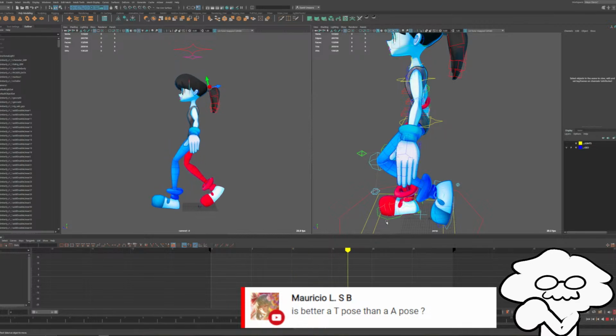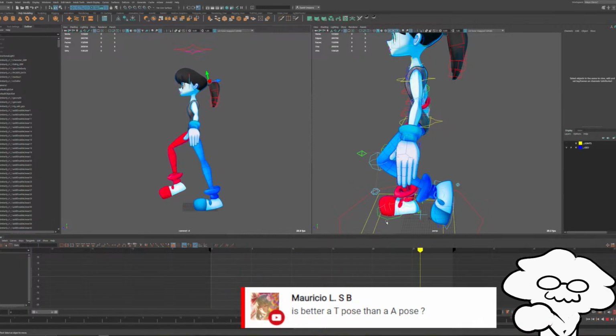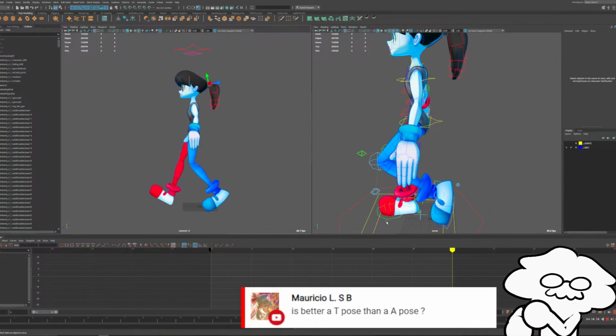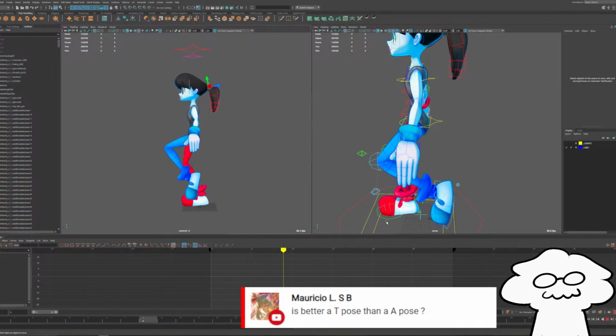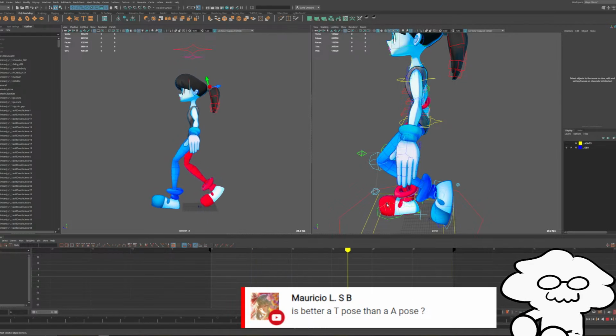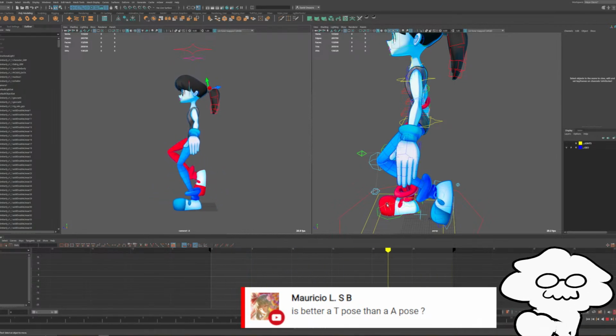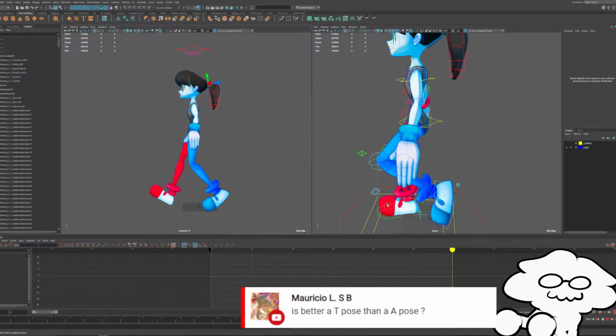If it's usually cartoony characters who raise their arms up a lot, when they're scared and stuff like that, you want it to be T posed because you don't want to stretch your armpit area too much. It can generally depend. I've done both in my time. On Nick Brawl, a lot of the characters were T-posed. On some other projects, I've been working in A-pose.